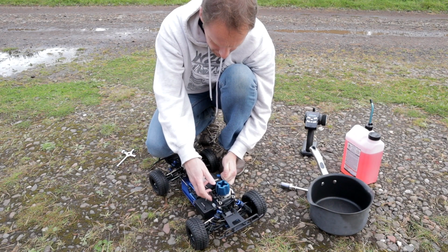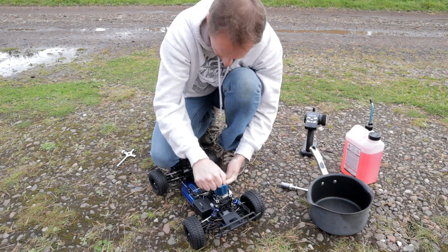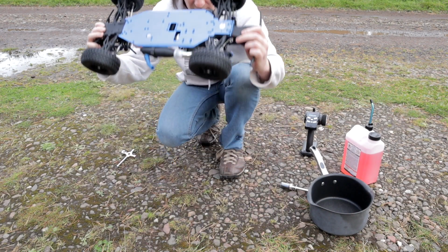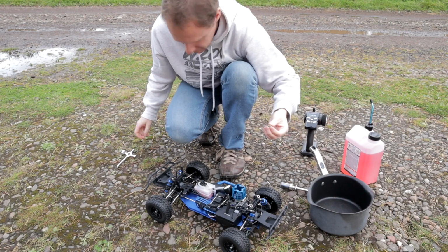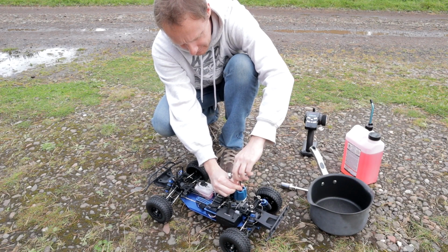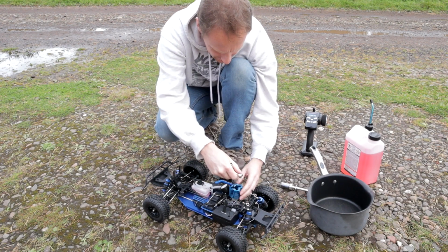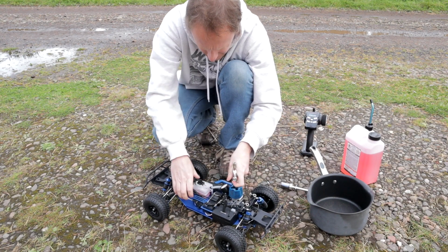Okay, blocking the exhaust exit. Pull this a little bit, the starter. Put some fuel in there. Right. Nothing's coming out, but anyway, doing it by the book as I said. Just putting the glow plug back in. Taking that up. And it said to back it off just a fraction afterwards, but that feels too loose, so I'm just gonna...